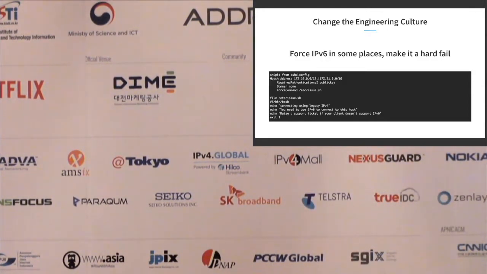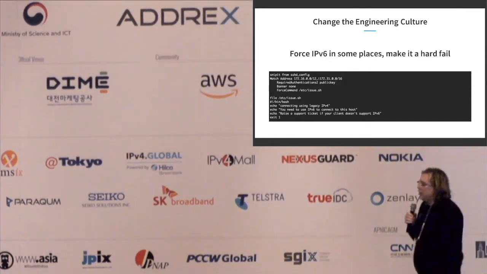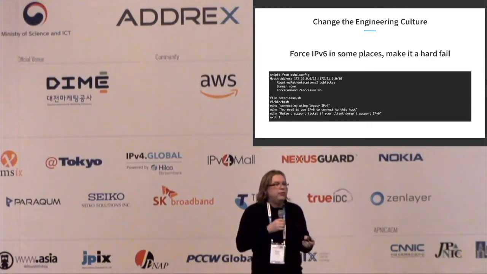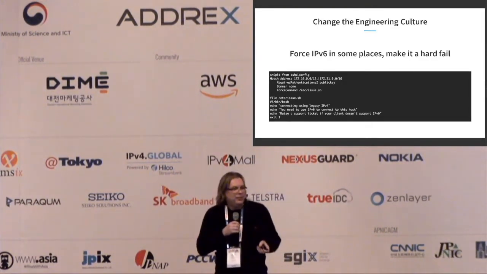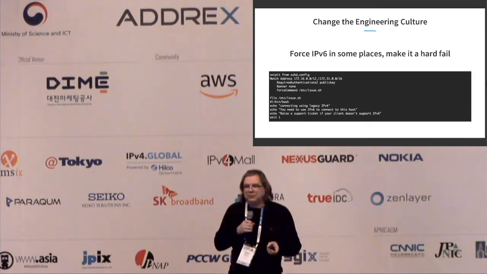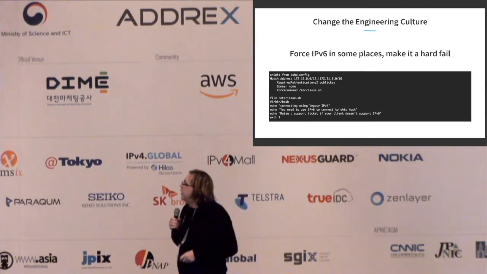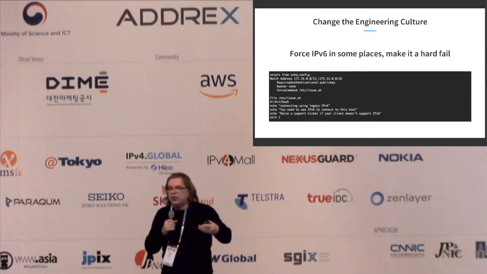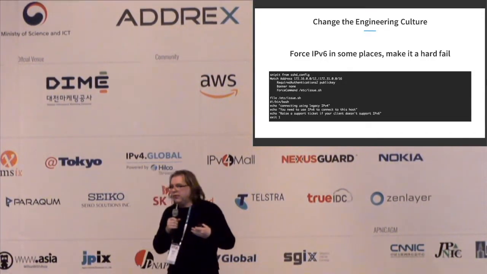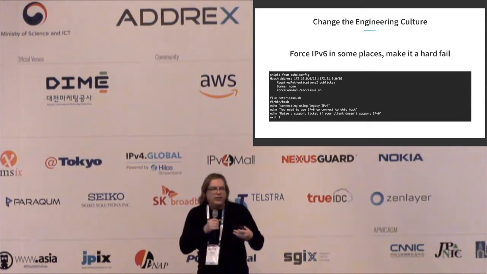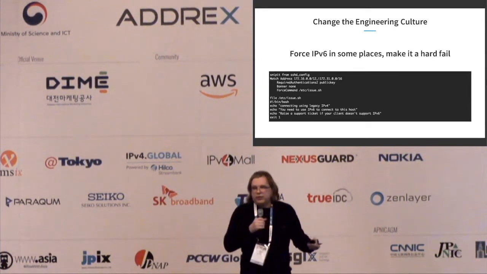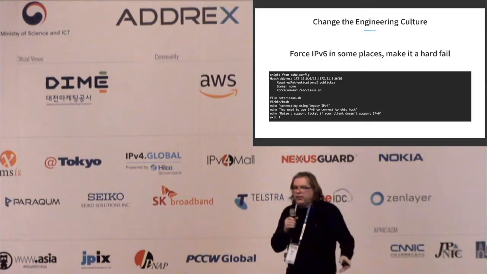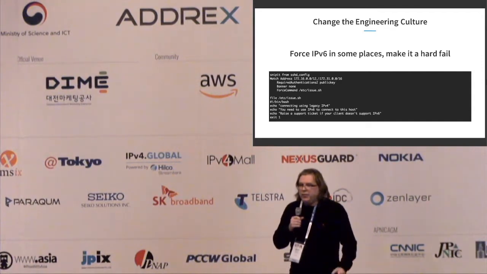One little trick that we did, which a colleague team found: you can configure SSHD to refuse connections coming over IPv4. You can say to people coming on IPv4, I'm refusing the connection. So you can't SSH to servers if you are coming over IPv4. So they ask, why can't I connect to that? Well, you need to change the switch in your software to go over IPv6. Or, my desktop server or my laptop doesn't work with